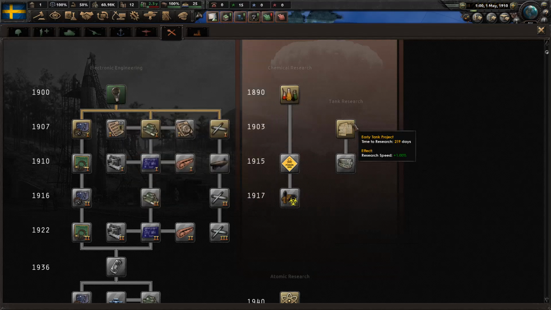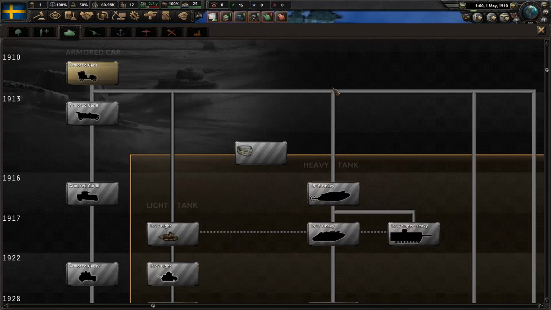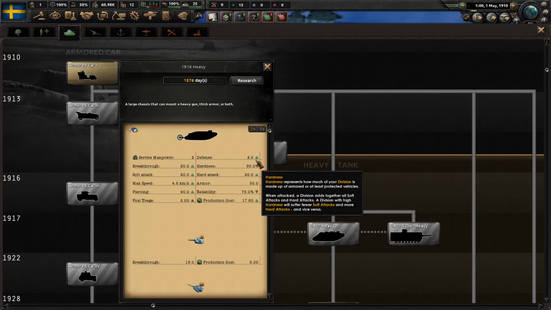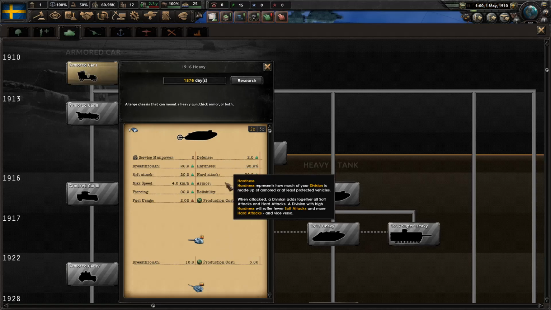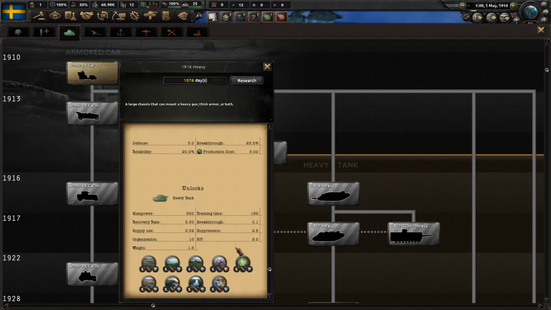Not sure if we're going to go with the tanks. I don't know if we're going to have the capacity. These are extremely long technologies that we'll need. I mean, they would give us the punch that we need. The armor here is really good. You can see that the defense is minuscule, but breakthrough is amazing, soft attack is amazing, and I think that the heavy tank here,